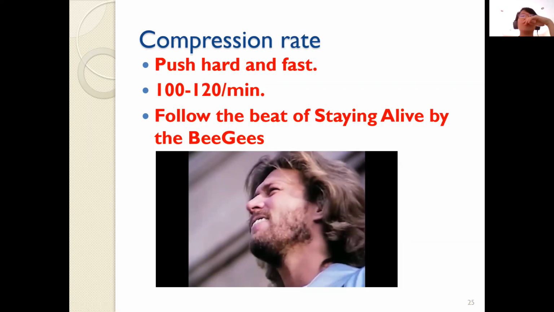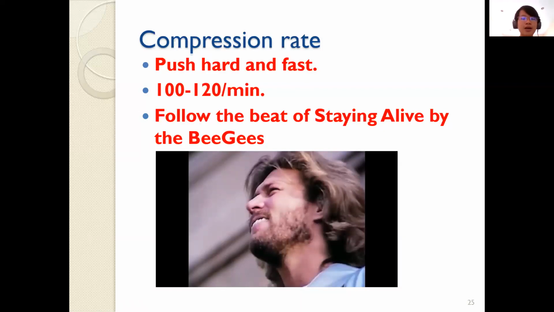And of course, the rate is important, but the quantity is also very important. So make sure it's 30 compressions to two blows. So count out loud. It might help you to keep track of how many compressions you've done. So 1, 2, 3, 4, 5, 6, 7, 8, 9, 10, 2, 2, 3, 4, and so on. Okay, so this can help you to count, and for example, if you do have to stop doing CPR and someone has to take over, they know exactly how many you've done. Okay, and you try to finish that round before you pass